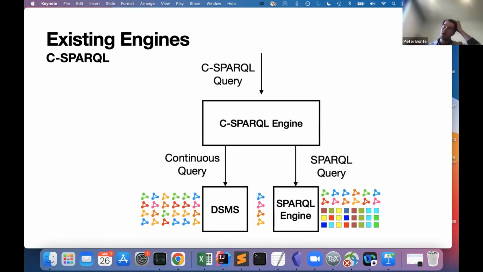Okay, so now that we learned a bit more about RSP-QL, let's introduce 2 existing engines. The first one is C-SPARQL, and C-SPARQL is using a so-called black box approach. So C-SPARQL is pipelining existing systems to do various tasks. In this case, C-SPARQL is pipelining a data stream management system to do the stream-to-relation operator, so to do the windowing and take care of the execution semantics. And the results are then pipelined to a SPARQL engine, in this case the Jena SPARQL engine, to do the evaluation